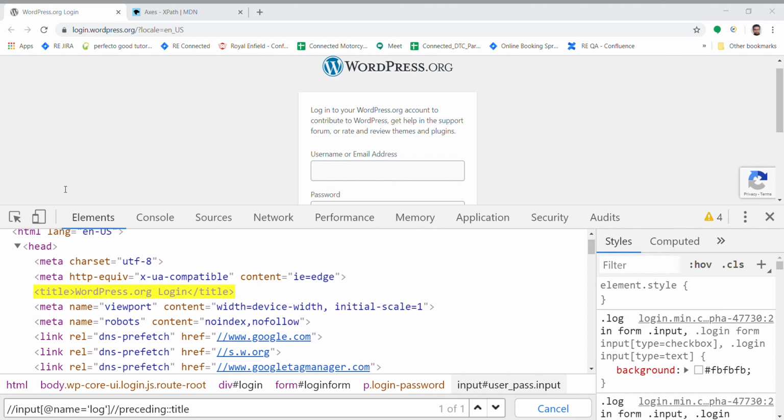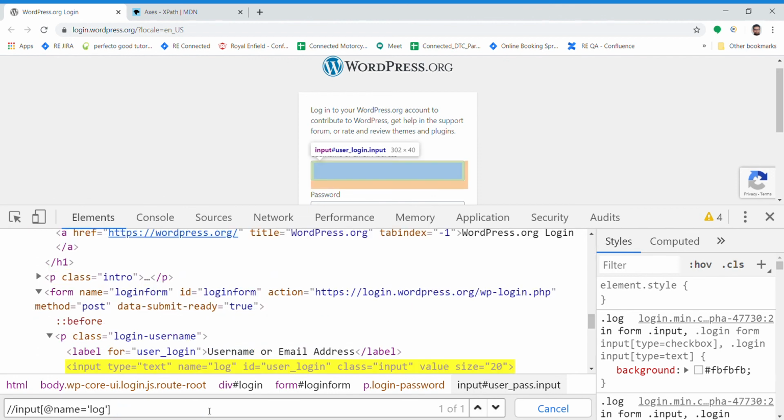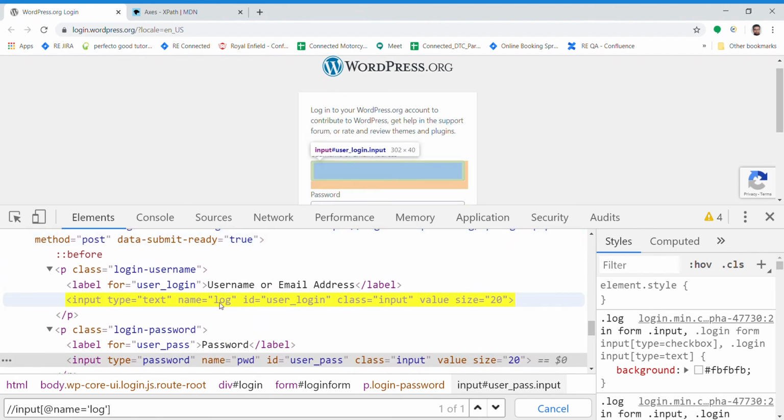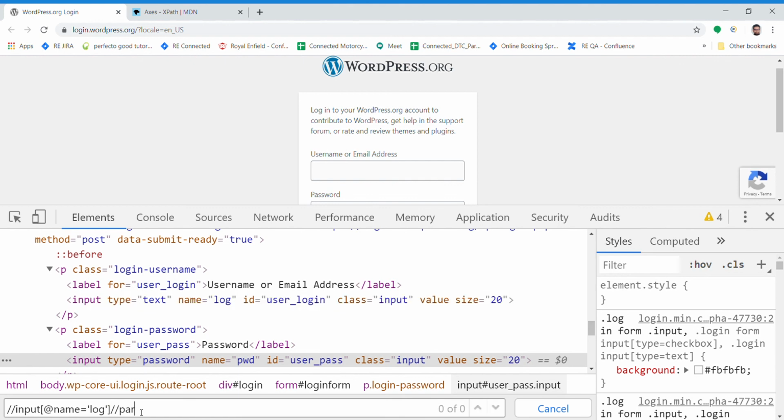Now we are coming to the parent. For this node, what is the parent? This is the node we were checking, this name log. So what is its parent? There is a parent axis also, that says parent double colon star.